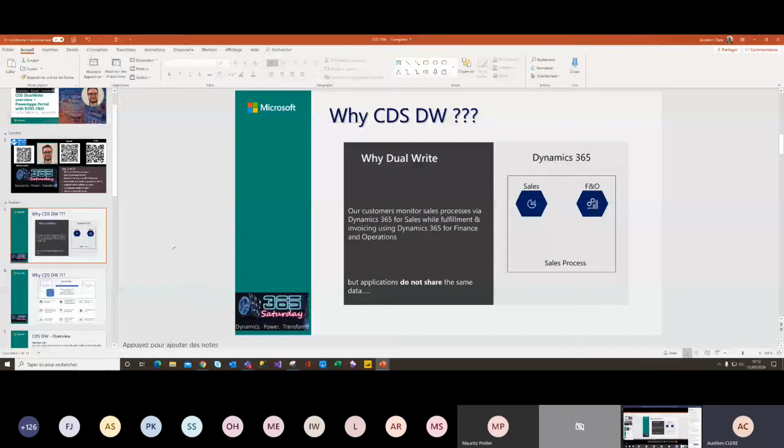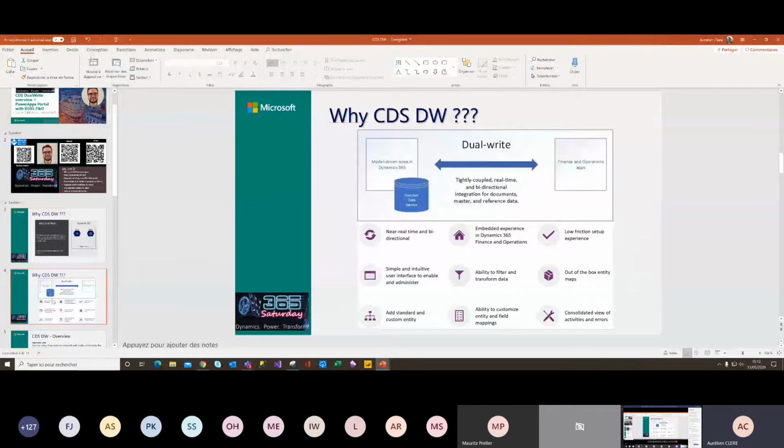I know a customer in Australia who contacted me, and they have finance operations. They don't have any CRM license. They just have a CDS, and they already wanted to sync some particular data entities from finance operations to the CDS, and after that do some Power Apps, etc. So you can, of course, but be careful about the license stuff for the CDS.